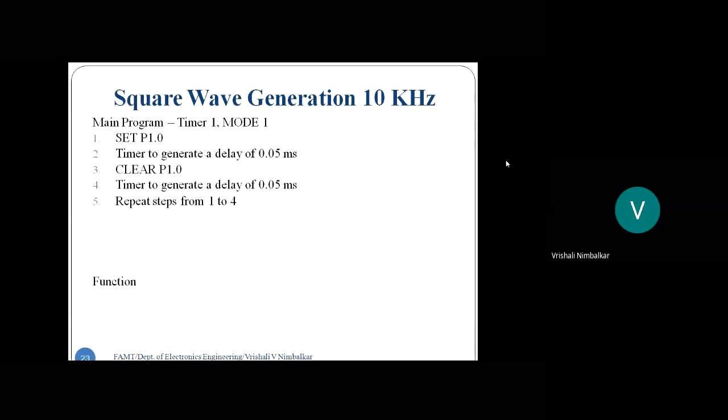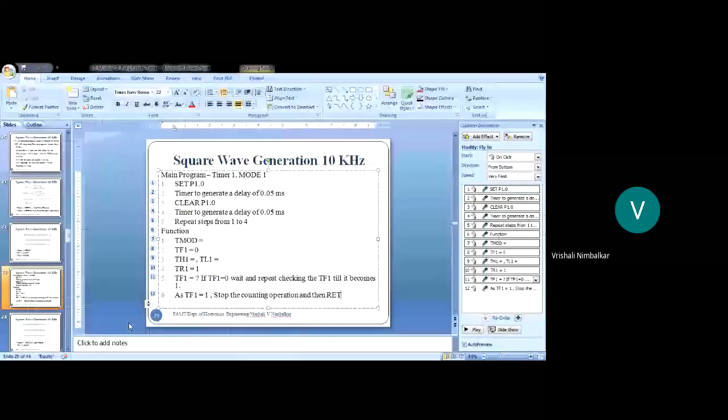Now I'll write that timer program as a function. Whenever I write a function, what is the first thing I need to do? I need to set the TMOD register. Is that okay? Now what is the TMOD register? Look here. We are using timer 1, so we will only initialize the upper 4 bits, whereas the lower 4 bits, timer 0, we are not using.